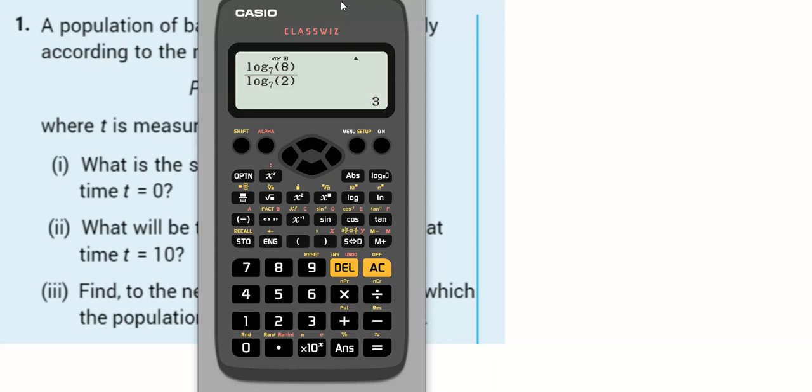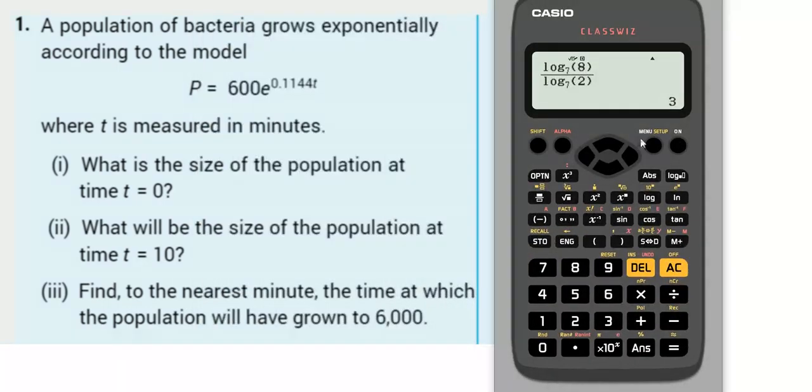Calculator, and go to table function. Okay, so go Menu, Table function, okay? What you're going to enter is 600, and you're going to enter e. That's above the LN button, so you go Shift LN, and then you enter in